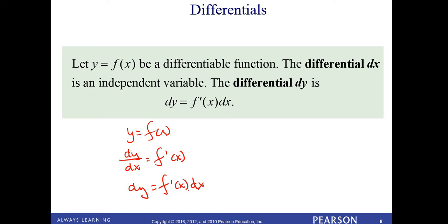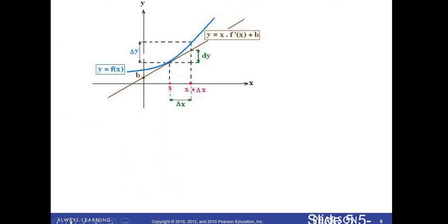The reason we do this is because if I want to use a tangent line again to find an approximation, if I take my derivative, which is change of x, change of y, my slope of my tangent line, then given a particular change of x for the function, I can find a differential or an approximate change of y for the function. Now, delta y is the exact change as the function moves from x to x plus delta x, but my differential dy